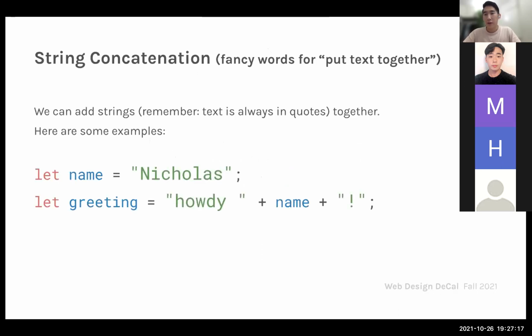So moving on, if we don't have any other questions about the content, we'll talk about string concatenation, which is just a fancy word for putting text together or combining multiple strings into one single string. So we can add strings just like we can add numbers, and here are some examples. If we define let name equals Nicholas, then name now is the string Nicholas, and we can define another string called greeting. That's howdy space plus name plus an exclamation point. And if you put that all together,